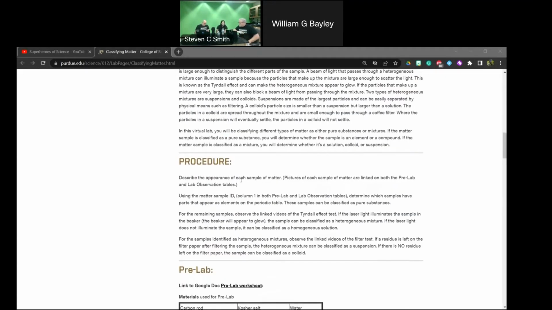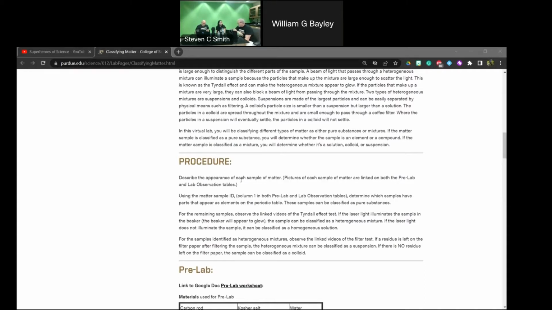So the question was asked: can solutions be heterogeneous? I'm going to say solutions are homogeneous mixtures, and I would not use the term solution for a heterogeneous mixture. Instead, I would call it either a heterogeneous colloid or a heterogeneous suspension. That's what I would say. And I would do the same, because kids would ask, can you just throw that in water, and does that make it a solution?